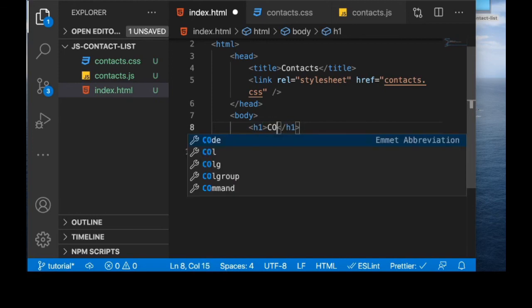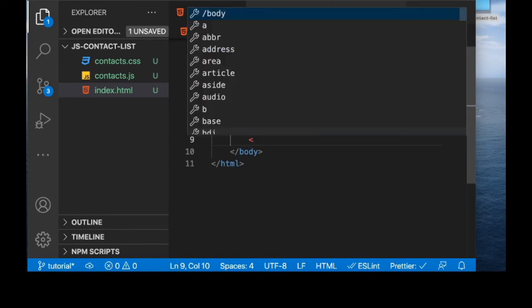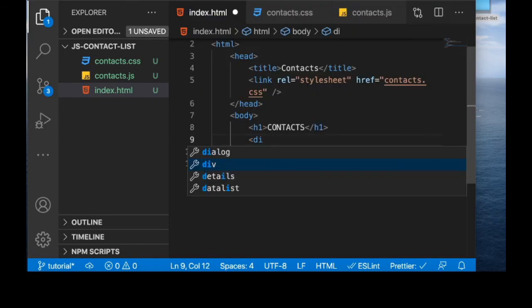Just a title for the page, and I want to have an input field and a button that is for adding the contact and submitting it. Okay, I will wrap both in a div. Let me give this div an ID of input wrapper,